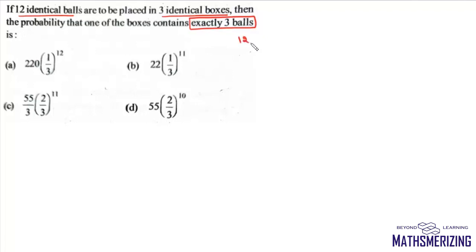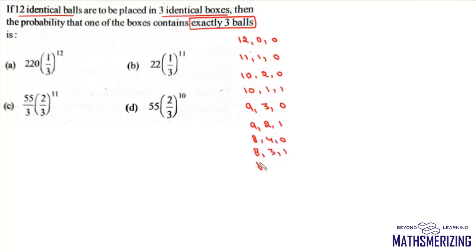Now it can be done as 12 0 0, or 11 1 0, or 10 2 0, or 10 1 1, 9 3 0, 9 2 1, 8 4 0, 8 3 1, 8 2 2, 7 5 0, 7 3 2, 7 4 1, 6 6 0,